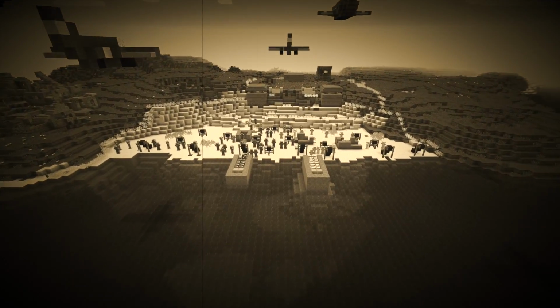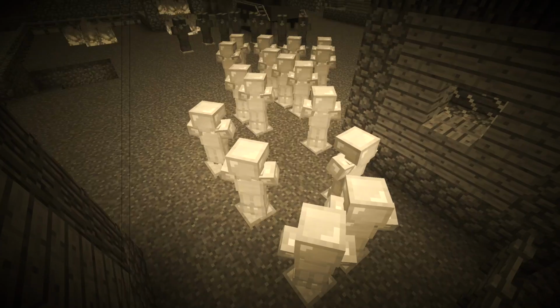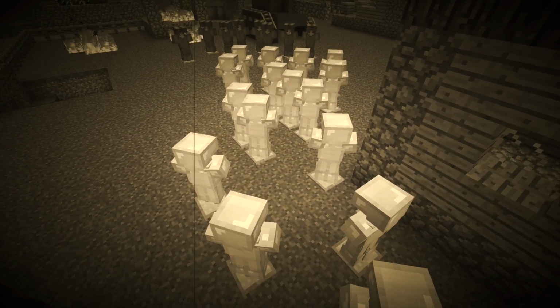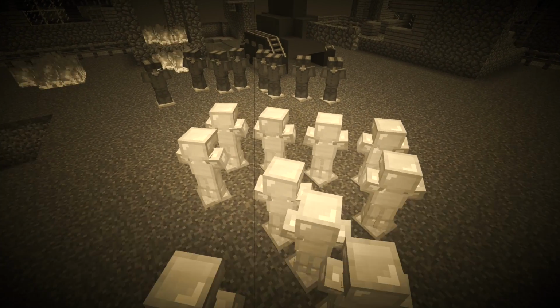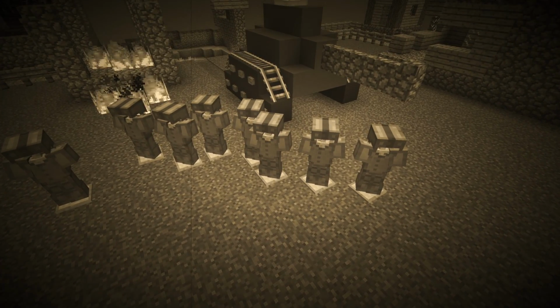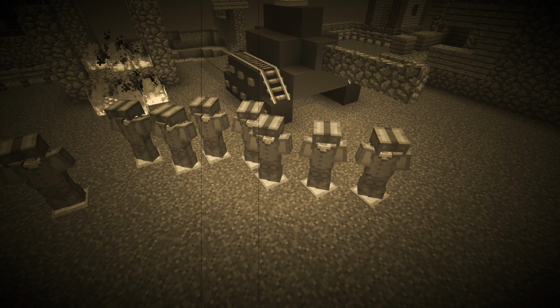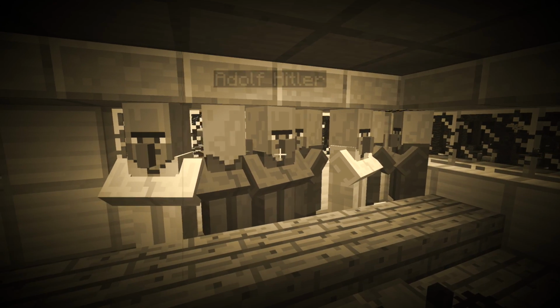Germany was now forced to fight a two-front war, with Allied forces on the western border and the Russians on the east. Over the next 3 months following D-Day, German forces fell into a massive retreat on both fronts. Hitler launched his strongest forces to push back Allied lines. This battle, known as the Battle of the Bulge, was won by the Allies and was the last battle of the war.